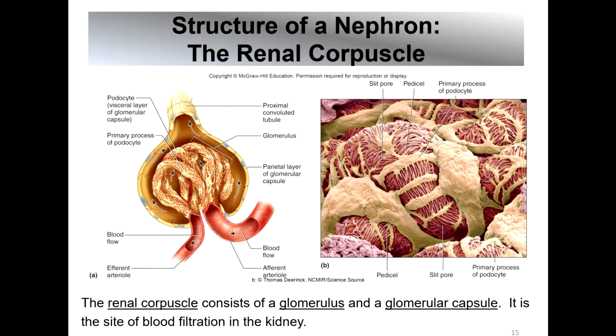So, how does the filter work in the glomerulus? Well, first, the endothelial cells that make up the capillaries of the glomerulus are very leaky. They have gaps between them, pretty big gaps between them. They're further surrounded by podocytes, which are going to have quote unquote foot-like projections called pedicels. All right, and so these podocytes, they have these foot-like projections that stretch out and wrap